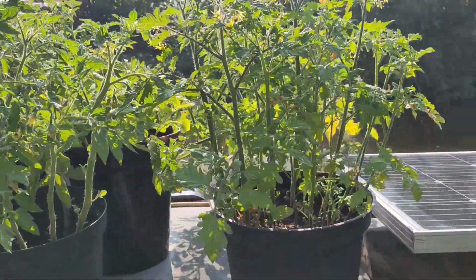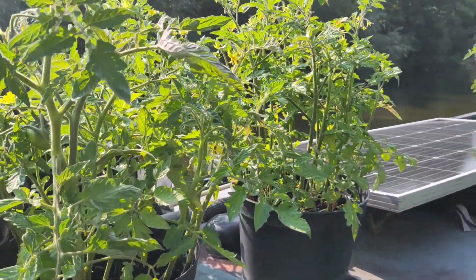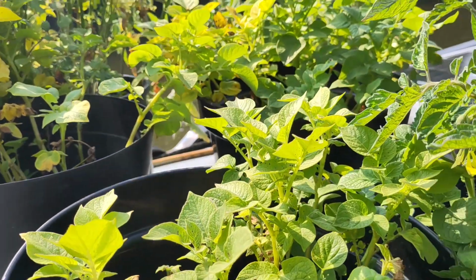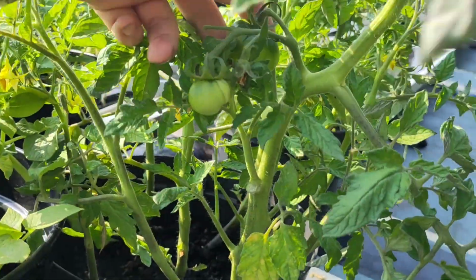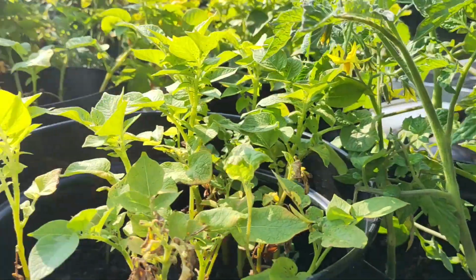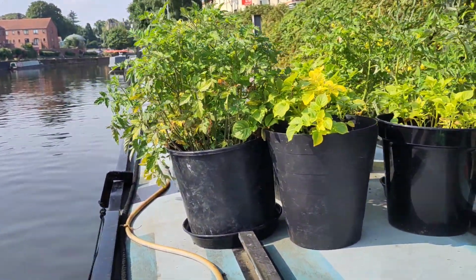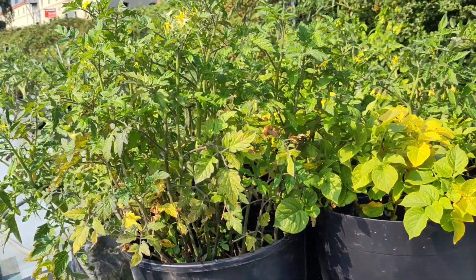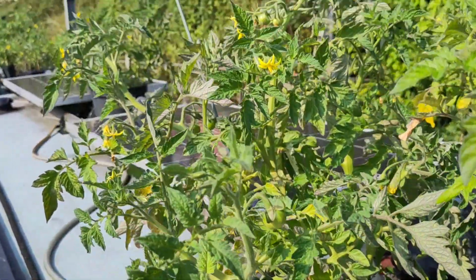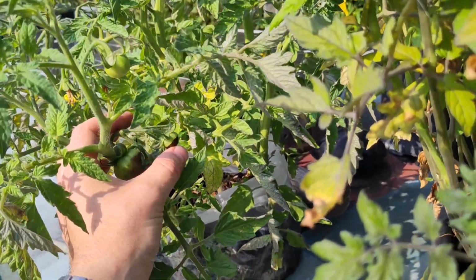And then at the back here, I didn't have much hope for the ones at the back here, because a lot of these are the ones that I propagated myself. Now, yeah, we all know my potatoes aren't going to do anything. But look at this guy, big old chunk. And then on the other side, if I can get to it without falling in the river, this one's not doing too much, but there are some little fruits. And then this one's a curveball, because this one's got some funny shaped ones that I think are